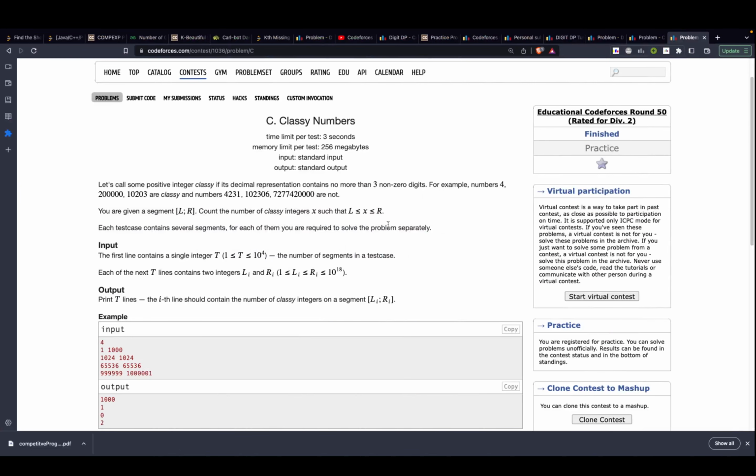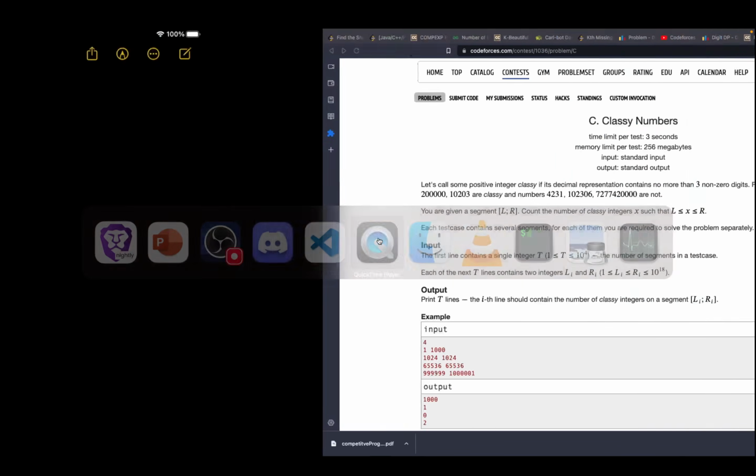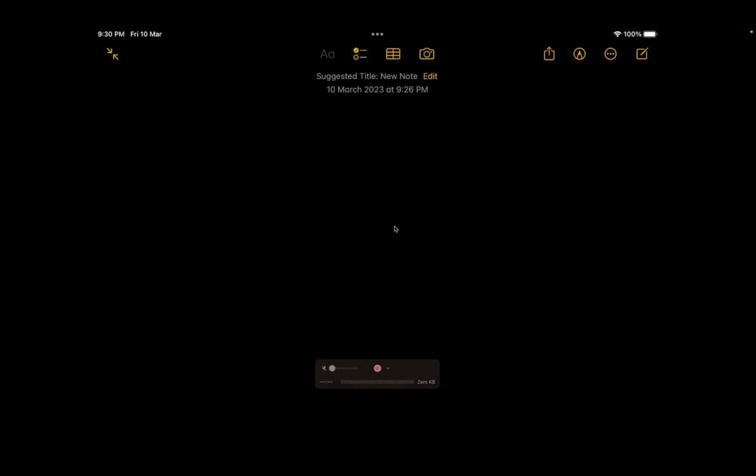Also, instead of solving a lot of questions, I'll try to give more emphasis on solving a single question and explaining it in detail. Because in the last session, some of you said it would have been better if I had stuck to a single question and actually dry run it, right? So that would be the thing. But before starting, let's understand what digit DP is.